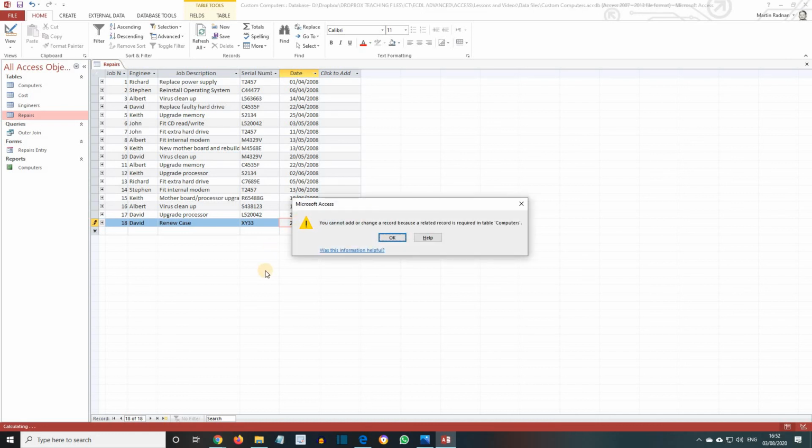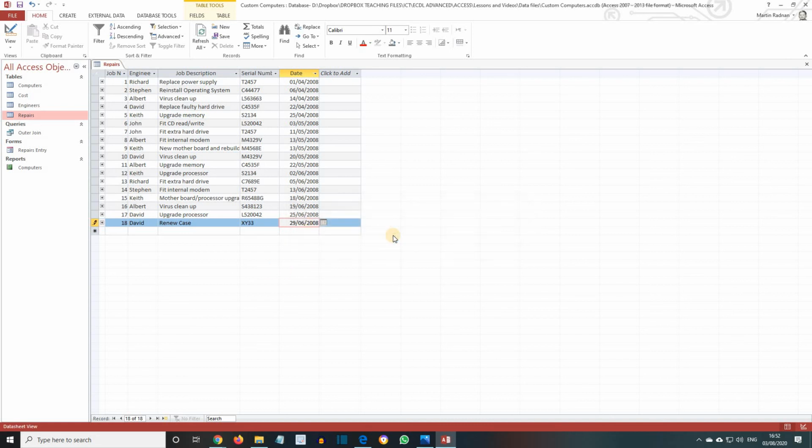As there is no serial number for this job in the computers table, a new job record cannot be created. Click OK and then delete the information just entered by pressing either Escape or using the Undo key. Close the table